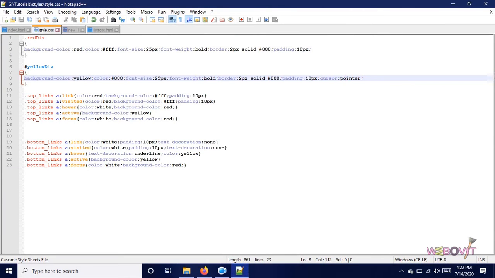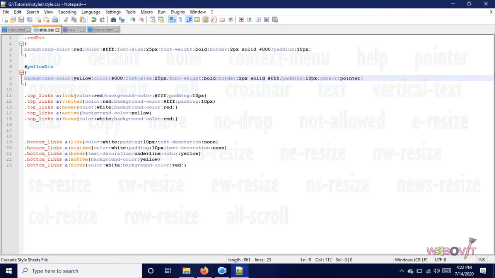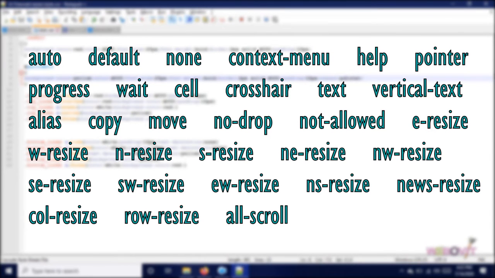There are many styles available for the cursor, like auto, default, none, context-menu, help, pointer, progress, wait, cell, crosshair, text, vertical-text, alias, copy, move, no-drop, not-allowed, e-resize, w-resize, n-resize, s-resize, ne-resize, nw-resize, se-resize, sw-resize, ew-resize, ns-resize, nesw-resize.